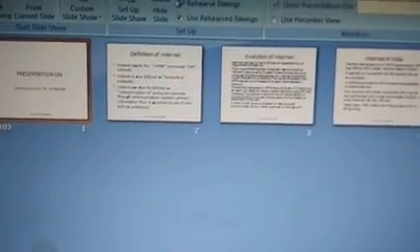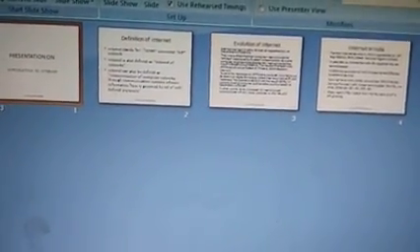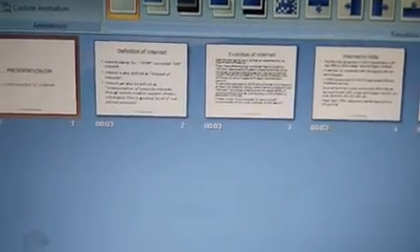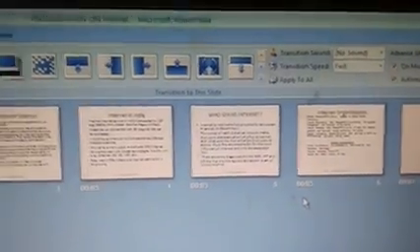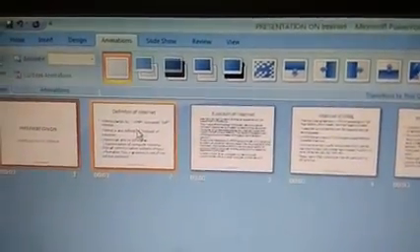Suppose I want this operation to be done for all the remaining slides. What do I have to say? I have to say apply to all here. When I say apply to all, all my slides have the same timing, if you are observing. Yes, so what does it mean? My first slide will vanish and my second slide will appear after 0.03 seconds. Then again the same thing with the third one, the same with the fourth one.